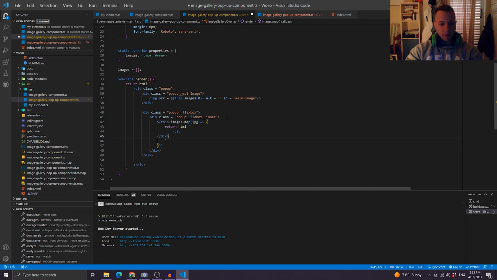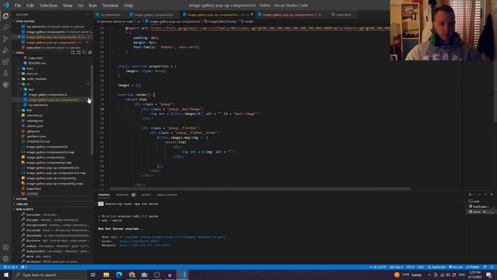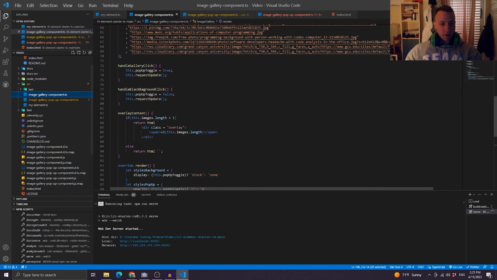We will have a little wrapper around the image, and inside this image we're gonna have the source of image. The image is just a source, a URL source that we're taking from the image gallery